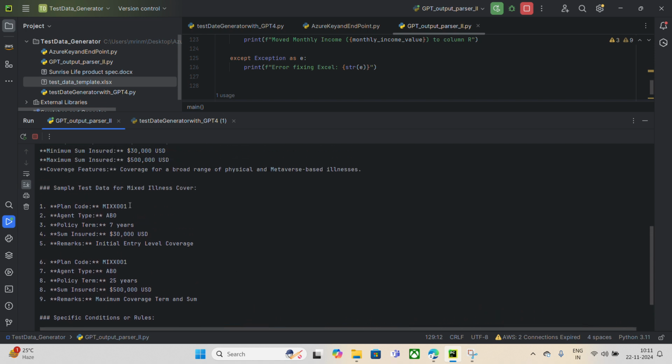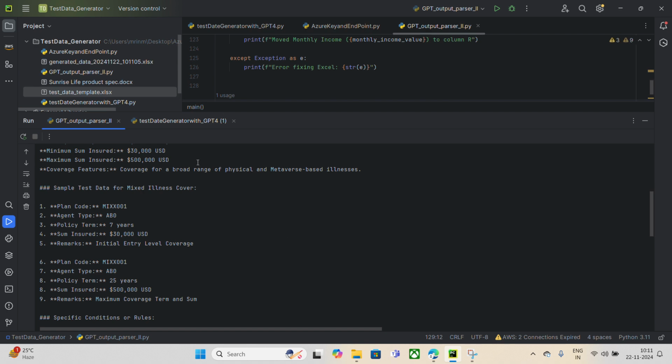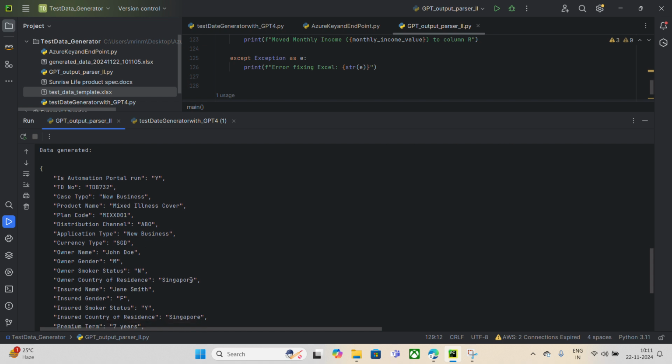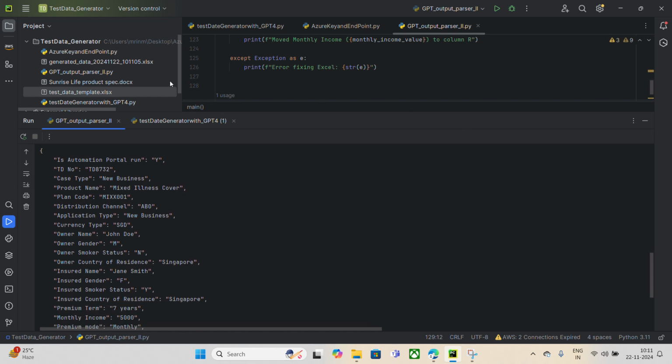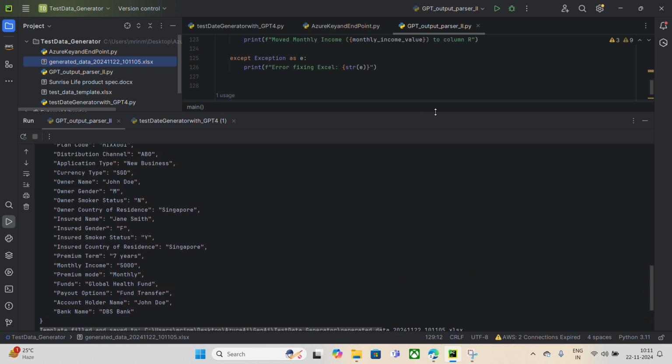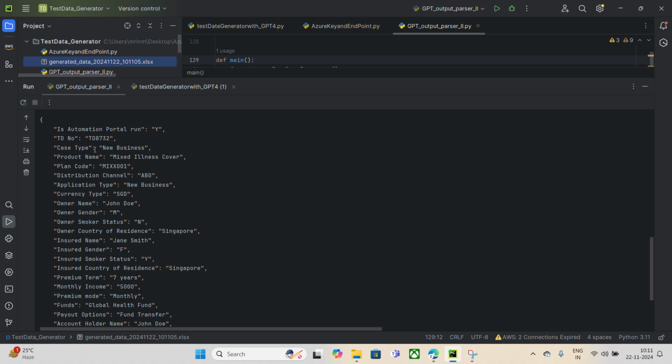It generated the output based on the document relevant to the mixed illness, and here it generated the actual data that I was looking for and has saved this to this Excel. So what it generated here is the random test data number, then the plan code it took from the BRD, and the distribution channel it also took from the BRD,